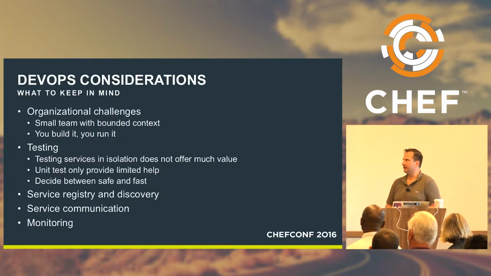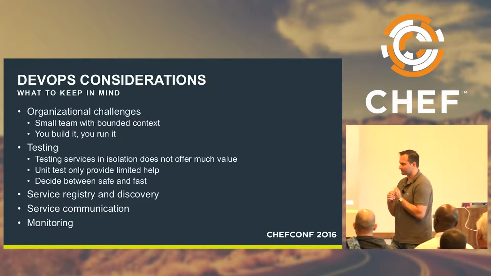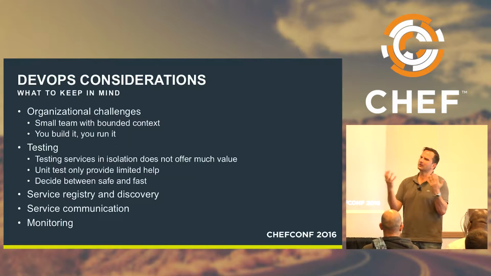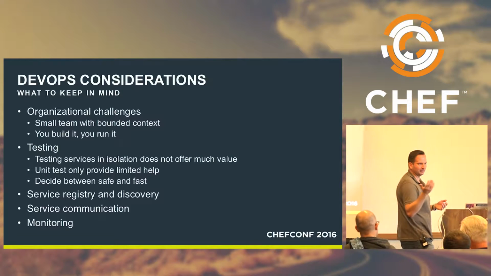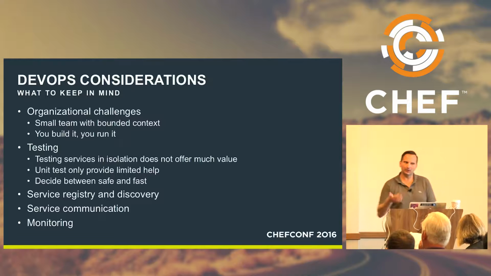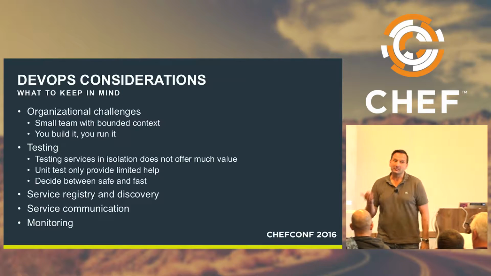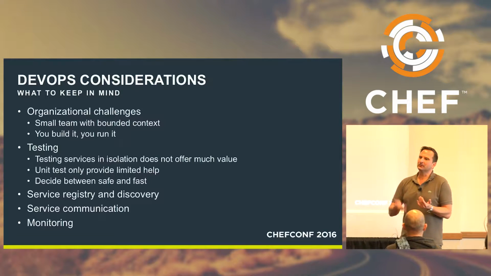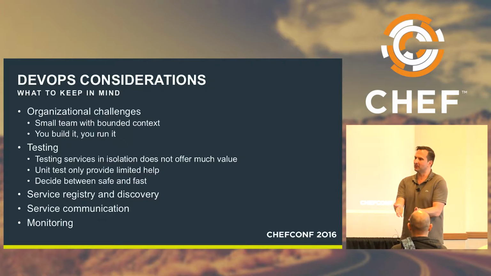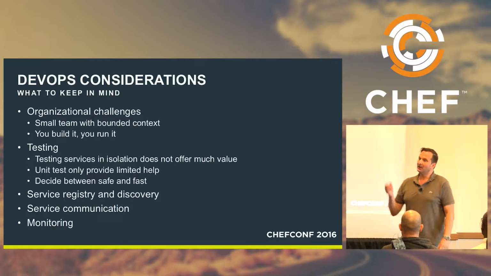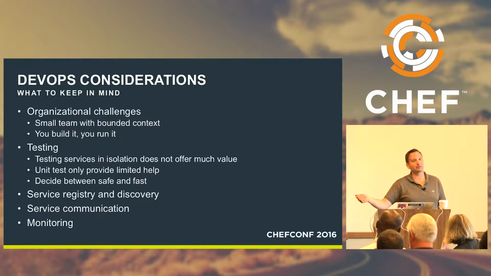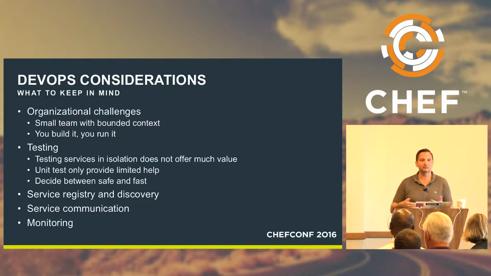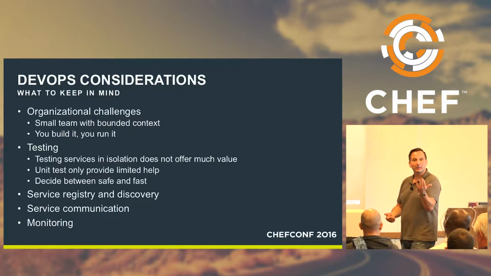The other part is really from a DevOps perspective. If you think about all those independent services, typically you deploy those services into clusters, right? So you're talking about distributed systems here. That means you don't marry a service to a node anymore, because if that node goes down, the service just gets spun up on another node, right? That's just what's happening. So now, your node name or your node IP has changed, and so has the endpoint of the service, right? You need to think about systems like service registry and discovery, where when those services come up,